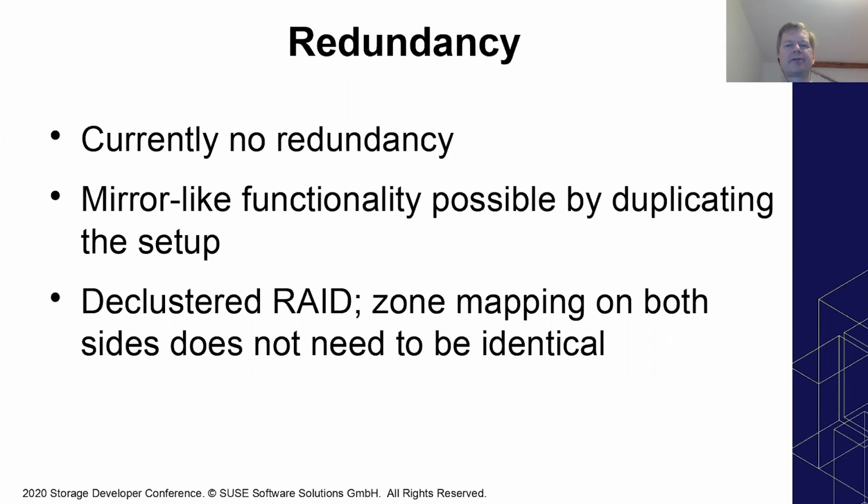The good thing here is that it should be pretty easy to implement a declustered RAID, as we do have a mapping table for the sequential access zones. So by duplicating the cache device, we will also duplicate the metadata. But as the metadata itself is already duplicated on disk, we do end up with 4 copies of the metadata,